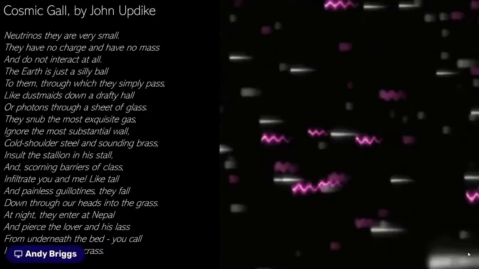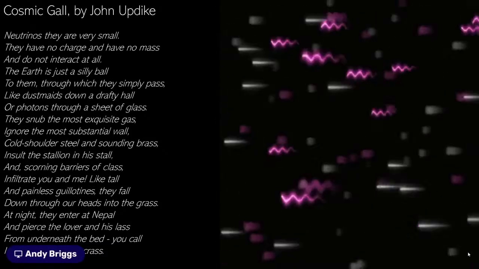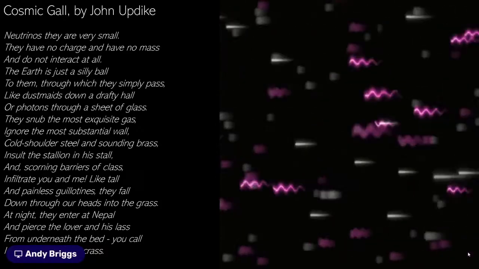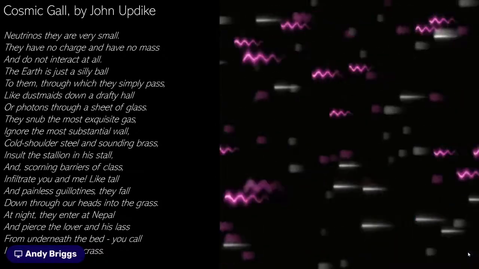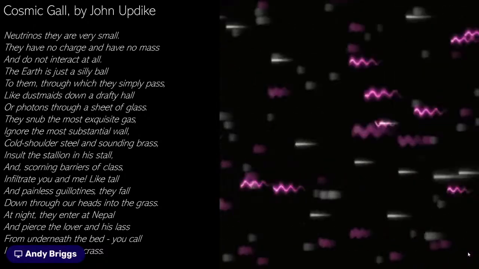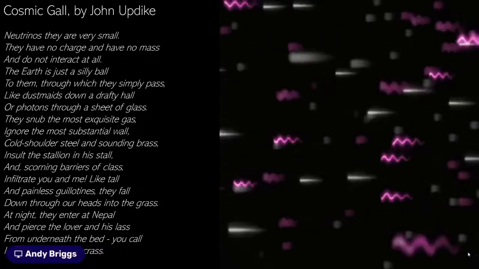And just to finish, I'd like to read this. It's a poem by, of all people, John Updike, who chose to write about neutrinos, and it's called Cosmic Gall. Neutrinos, they are very small. They have no charge and have no mass and do not interact at all. The Earth is just a silly ball to them, through which they simply pass, like dustmaids down a drafty hall